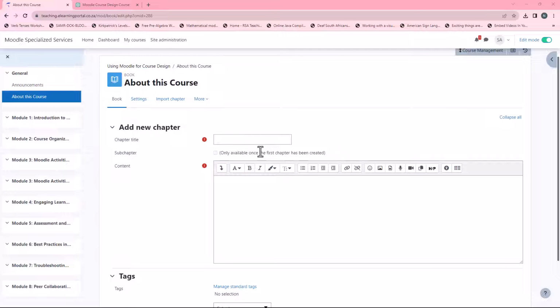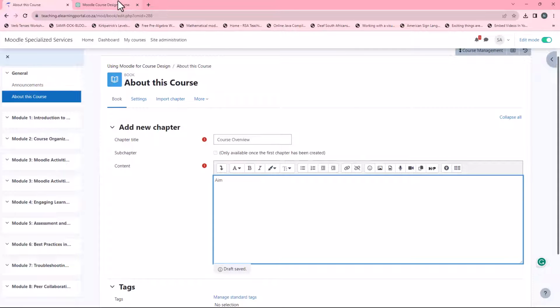Our first chapter will focus on the course overview. So in the chapter title, we'll type in course overview. And here we will provide an overview for the students before they start the course. In the title, we'll type in the title, but in the content section, we'll type in the content. Okay, so the content will start with the aim. Okay, so I'll start with the aim of the course. So this will be our aim, and then underneath the aim, I will tell them what the aim of this